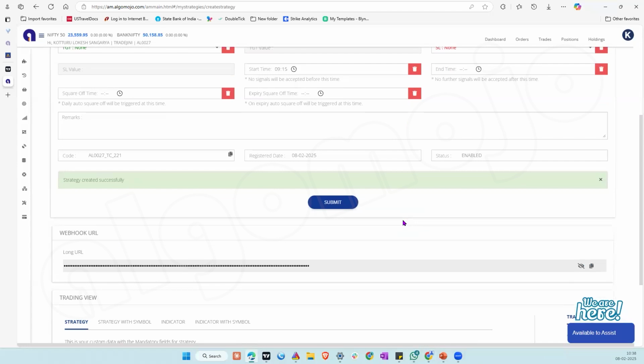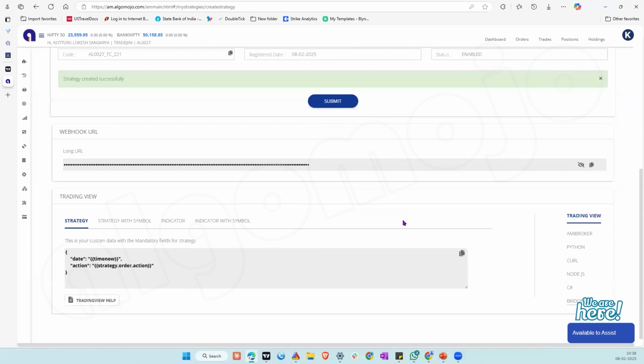Once the strategy is saved, there are certain things which are generated at the bottom. Important things are the webhook URL, which we'll use in all the charting platforms like TradingView or Amibroker or